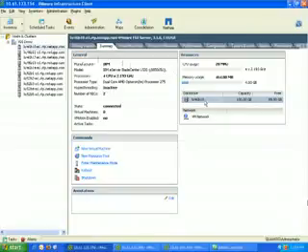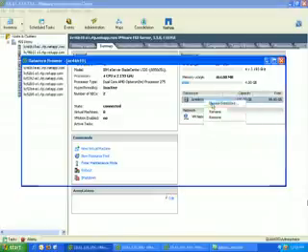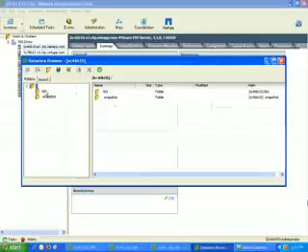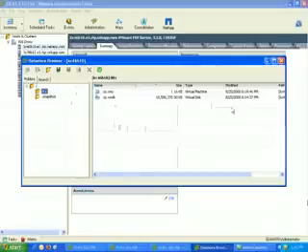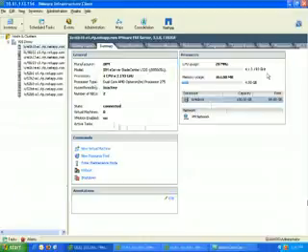Next, we will examine the storage configuration in our environment. There is currently only a single data store, 100 gigabytes in size. Looking into the data store, it contains a single virtual machine, approximately 10 gigabytes in size. Please note that the data store currently has nearly 90 gigabytes of free space, and the time is currently 1:00